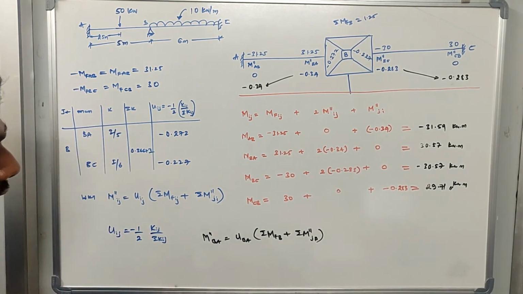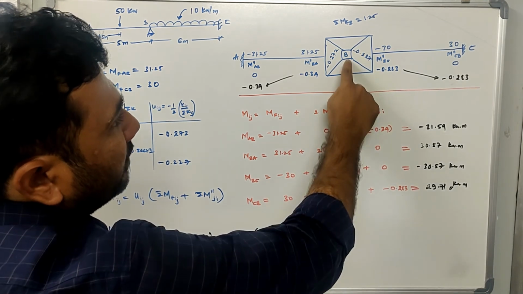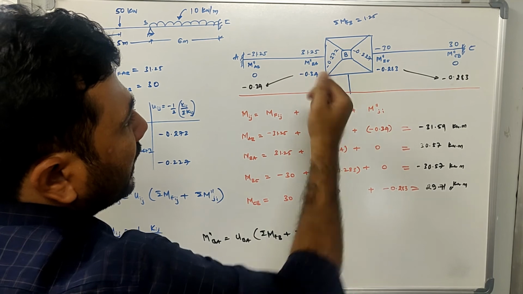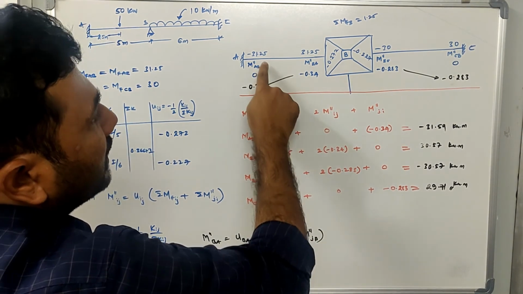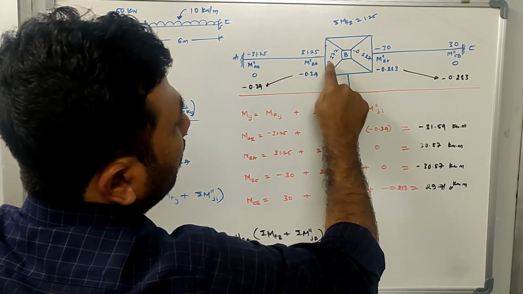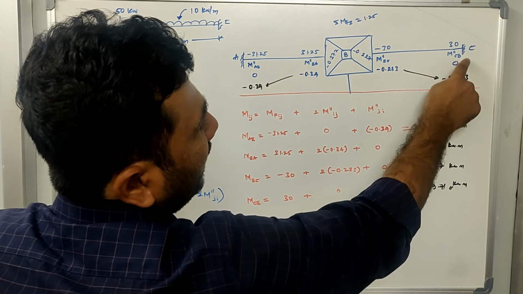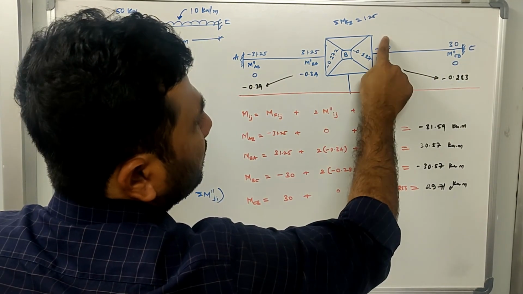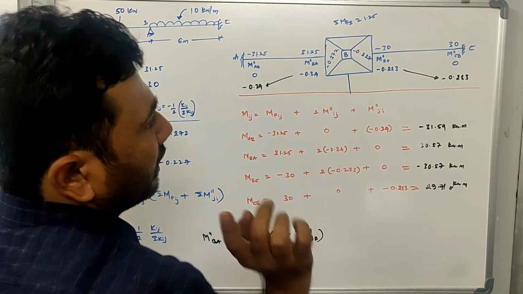Try to understand what this equation basically says. We need to take the summation of all the fixed end moments at joint B. Then we have to add the summation of far end moments. These are my far end moments. For BA, the far end is AB. For BC, the far end is CB. So we need to take the sum of these two and these two, and multiply with the rotation factors, and write over here.